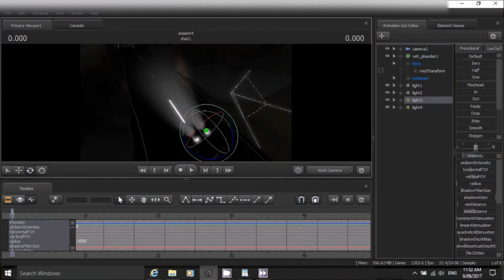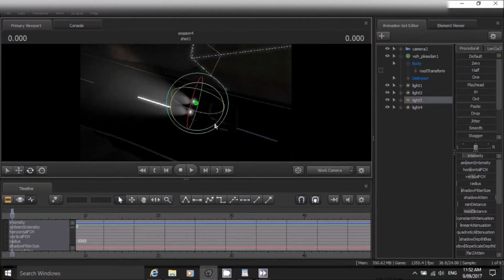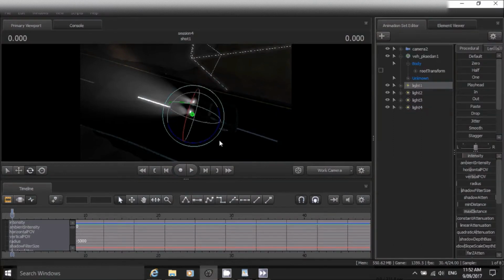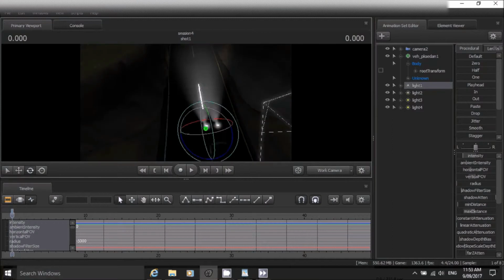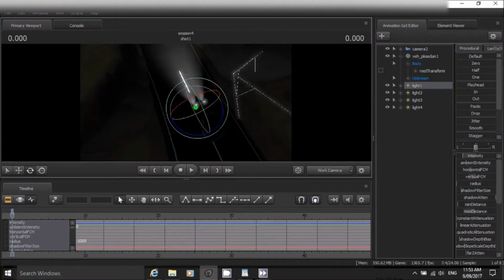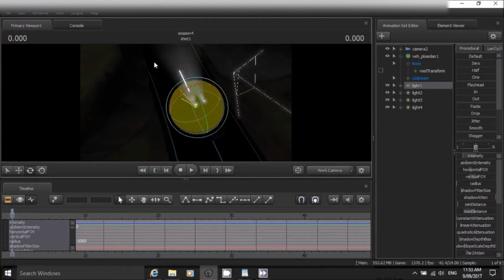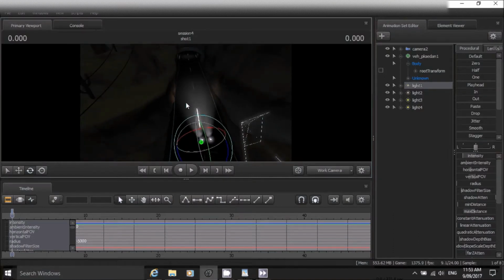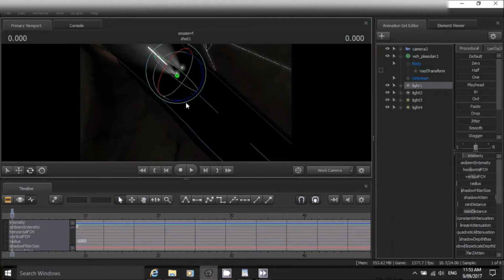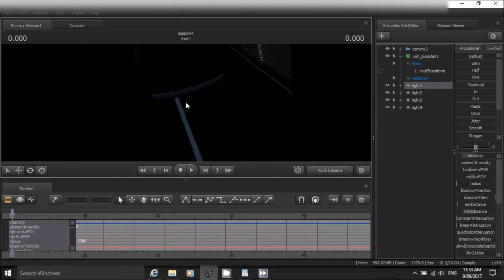Don't forget to rotate the lights if it doesn't look correct. Now once you finish the headlight, now you'll be wanting to have a back brake light. All you have to do